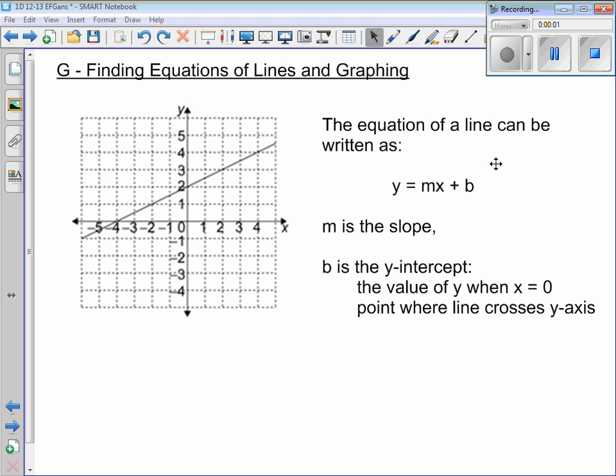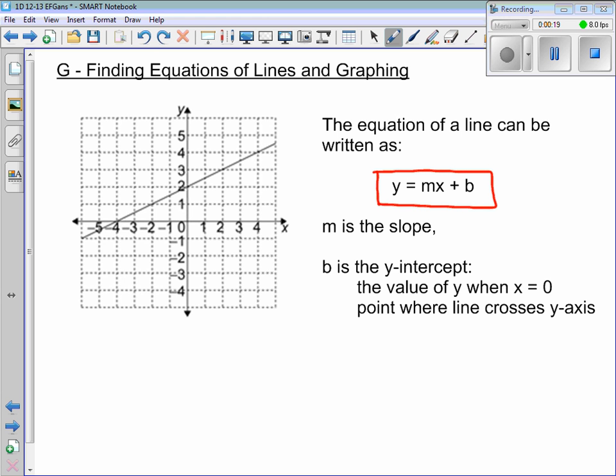So we're still working in Unit 1213 here. We're on to Box G, finding equations of lines, using equations of lines to graph. The equation that represents a line always has a very specific form. Okay? It can always be written as